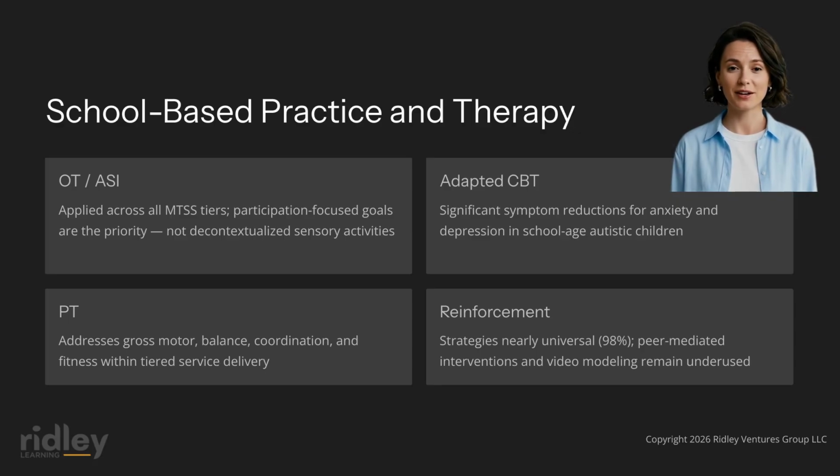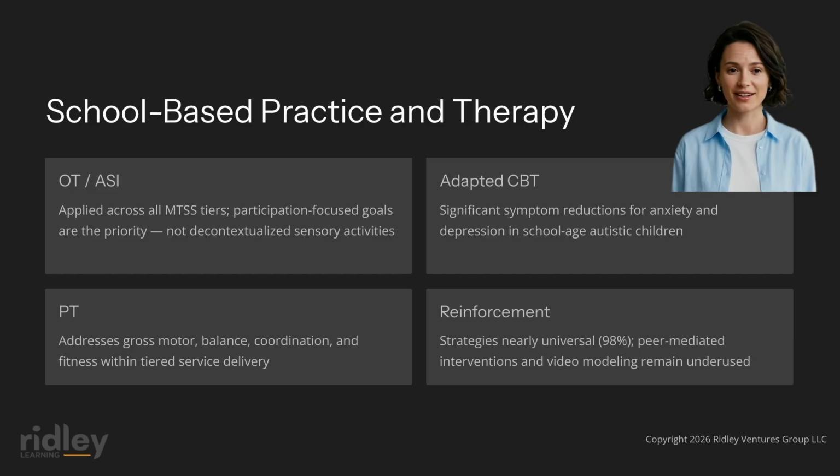School-based occupational therapy using ASI principles is increasingly positioned as an intervention that occupies the occupational therapy scope across all tiers of multi-tiered systems of support, as articulated in Whiting and colleagues' 2025 call to action, published in the American Journal of Occupational Therapy. Hilton and colleagues' 2023 analysis identified sensory processing, emotional regulation, behavioral variables, and social variables as the strongest predictors of participation difficulties in autistic children, showing that participation-focused occupational therapy goals, rather than decontextualized sensory activities,